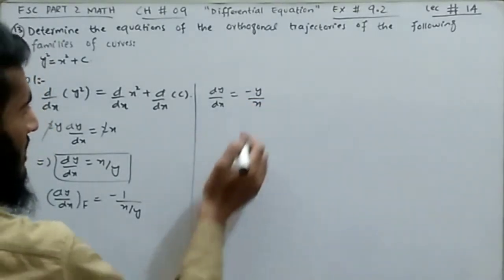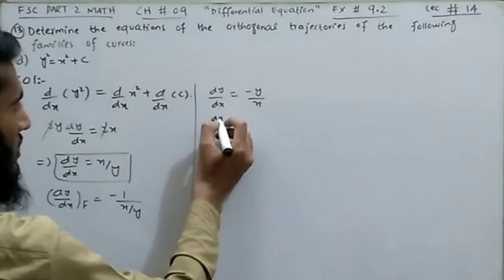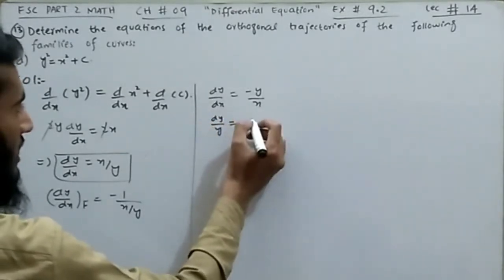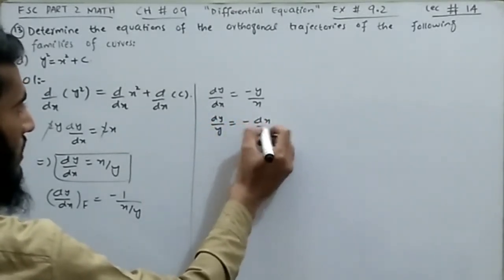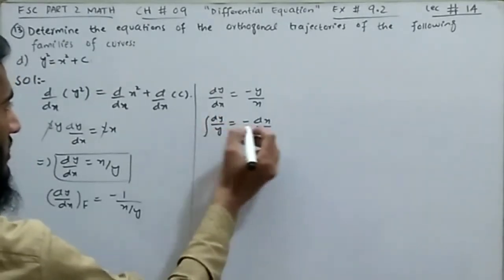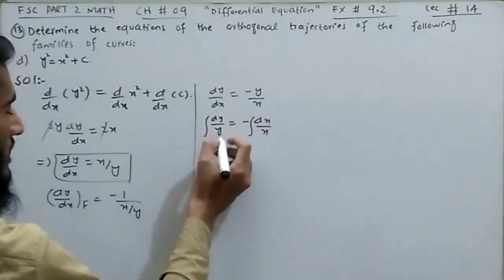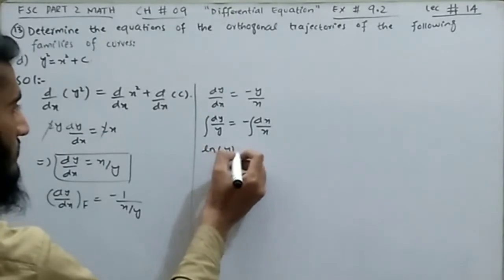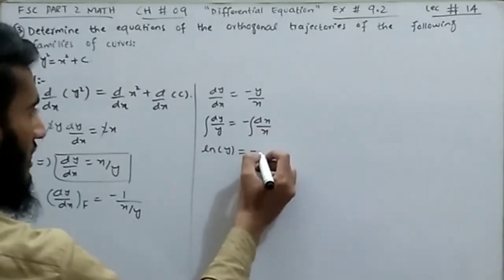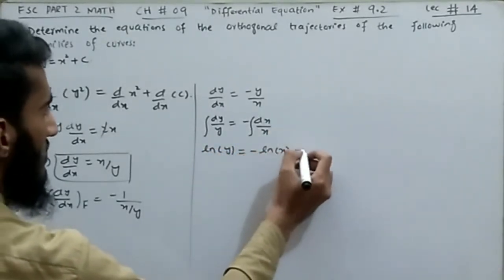Now using the separable differential equation, shift y to this side, it becomes dy over y, and shift dx to the right hand side, it becomes minus dx over x. Taking the indefinite integral on both sides, the integration of 1 over y is ln of y, and the integration of 1 over x is ln x, so it becomes minus ln x, and with the constant I can take